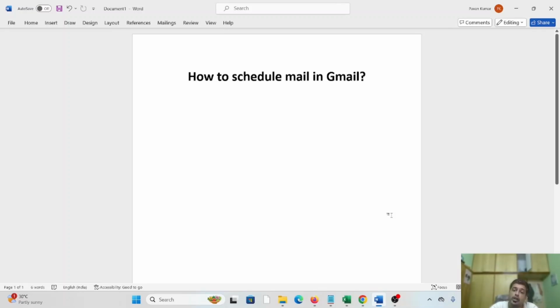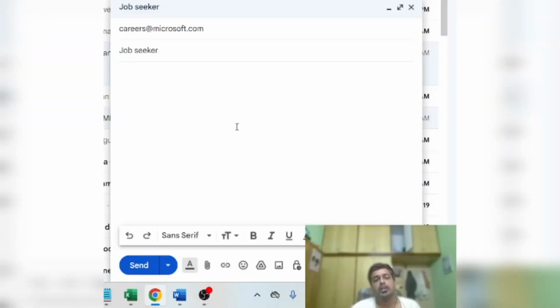Let's see how to schedule the mail in Gmail. Okay, so let's get started. Whenever you open Gmail with your username and password,